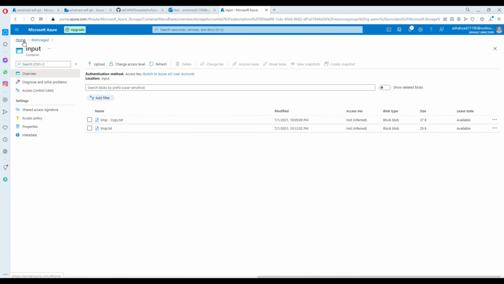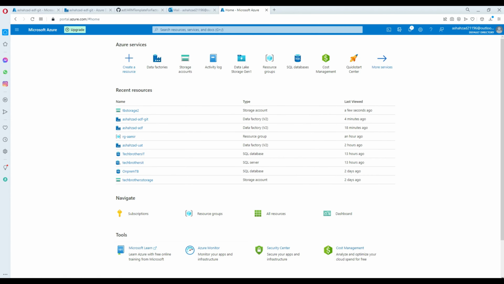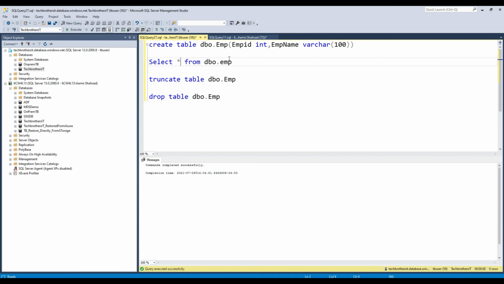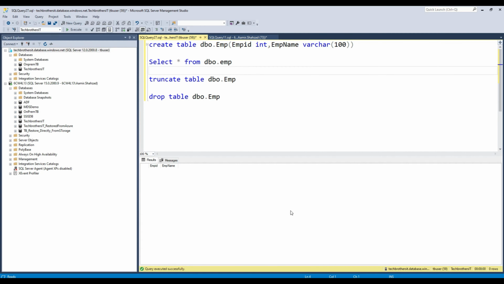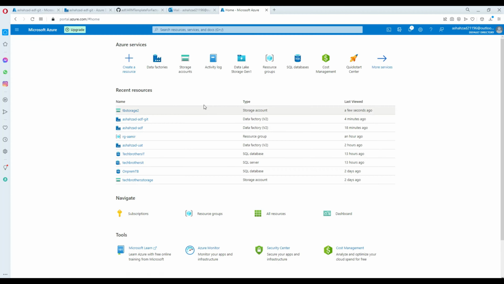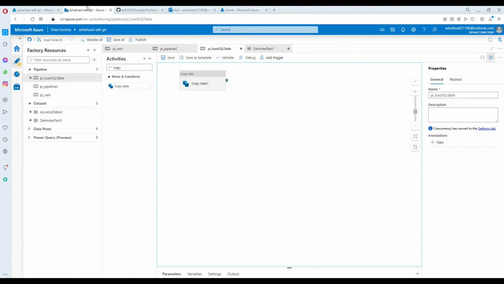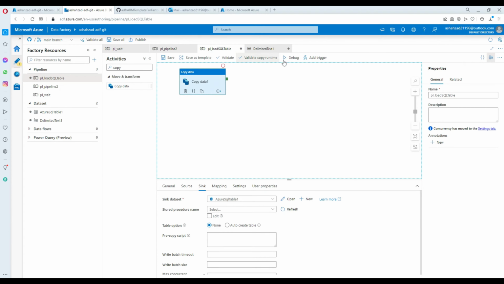And on the Azure side, I have a table. It's called EMP table. So if you select the data here, I'm connected to my Azure SQL Server database, and this table is there, but there are no records. So what I can do, I can go ahead to the Azure Data Factory now, and this is our copy activity. I can debug,